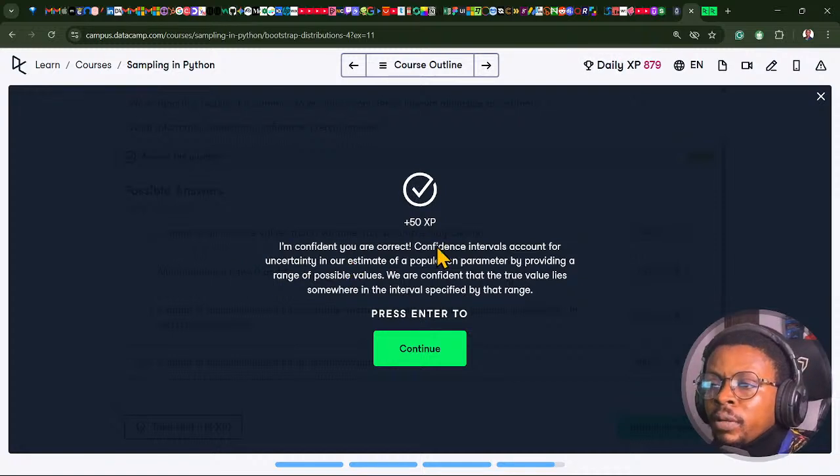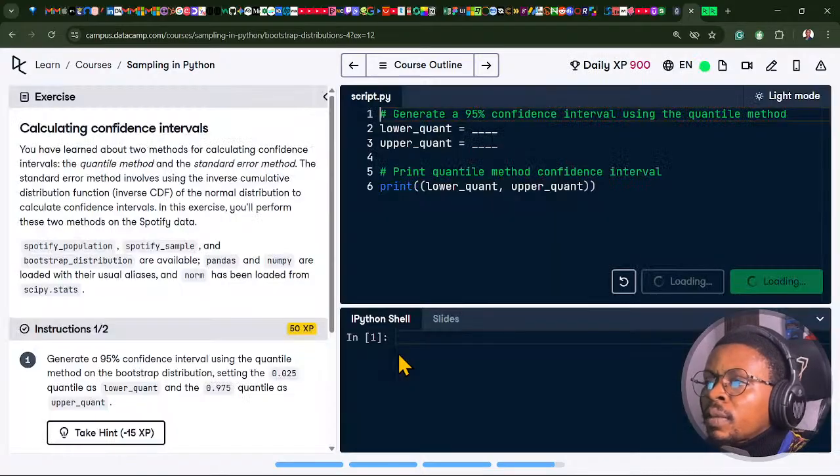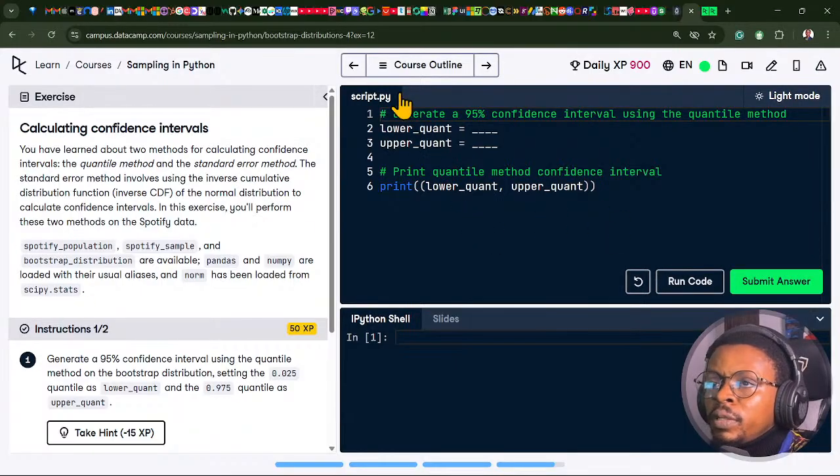So I'm confident you are correct. Confidence intervals account for uncertainty in our estimates of a population parameter by providing a range of possible values. We are confident that the true value lies somewhere in the interval specified by that range. Okay, now let's produce some confidence